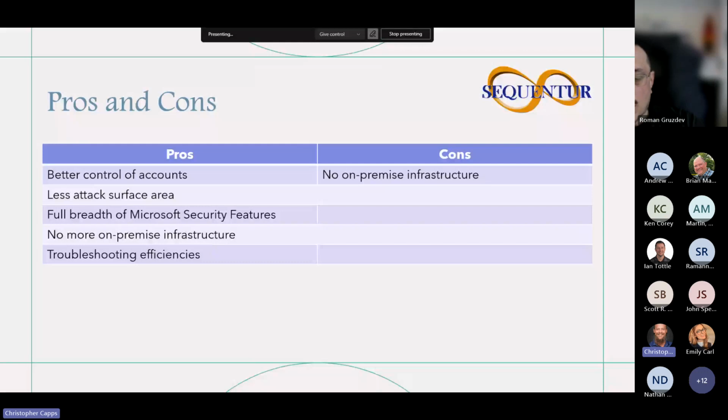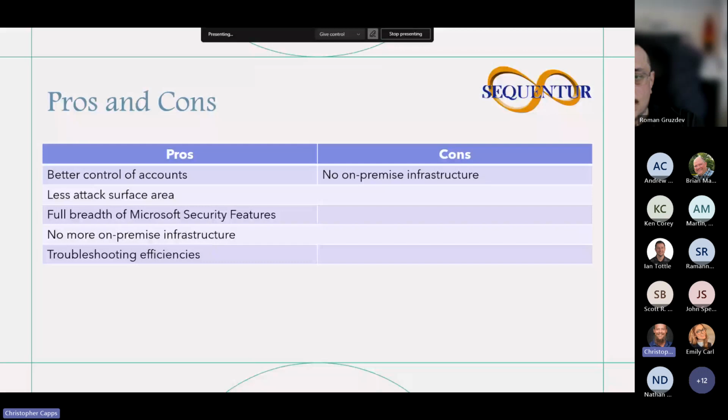This is a big one for me, as Active Directory and domain controllers specifically are among the most targeted things in the IT world. You get the full breadth of Microsoft security features associated with your users and your devices, right? So every security feature that you have inside of your 365 and Azure environment that applies to users and devices, and thus your access and data, you have a far more robust security set than traditional Active Directory environments.